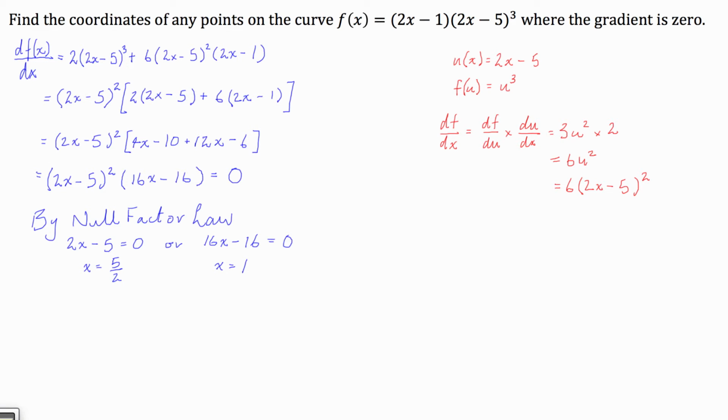Hang on. Yeah, we'll go black. So start with the 5 on 2. That's probably the more difficult one. So we're going to have f of 5 over 2 is equal to,